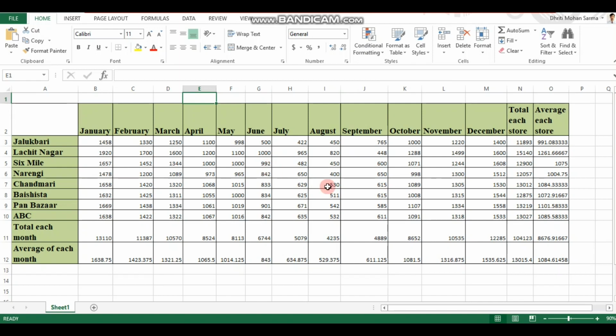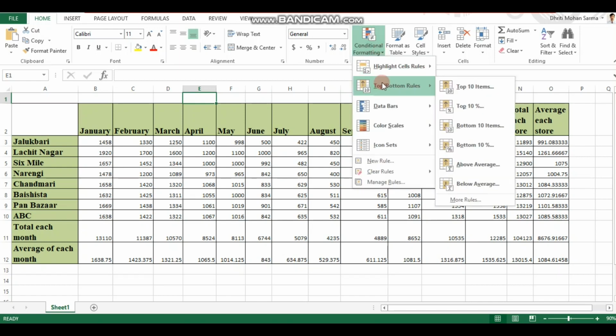Just like the previous one, if we have to apply any of these rules, we have to first select a range. Obviously, as the name suggests, let's look at the menu. From the conditional formatting in the home option itself we have this top bottom rules. And what are the different rules that we have? The predefined rules: top 10 items, top 10% of items, bottom 10 items, bottom 10% items, then above average and below average. These are the predefined settings offered with the Microsoft Excel bundle. If you want to customize it, obviously you can go for more rules, but that will be discussed later.